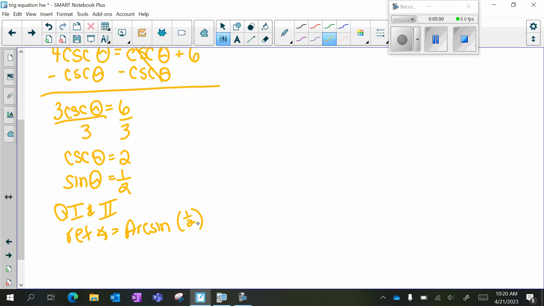Where is sine equal to 1/2? 30 degrees. We just did that in the last question. So you need to know your chart again. So in quadrant 1, it's just my reference angle, and in quadrant 2, it's 150 degrees. And then the last one